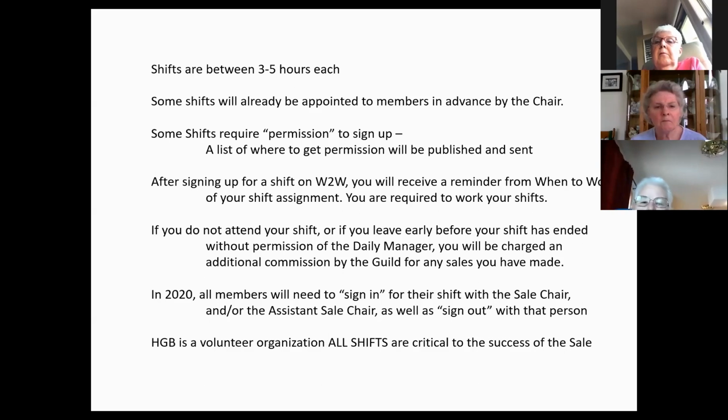But what you need to remember is when you get into When to Work, you need to select a category that's called See Everyone's Schedule, because that will show you all of the available shifts highlighted in yellow. So you need to make sure that you select See Everyone's shifts. And then after you've signed up for your shifts, you will receive